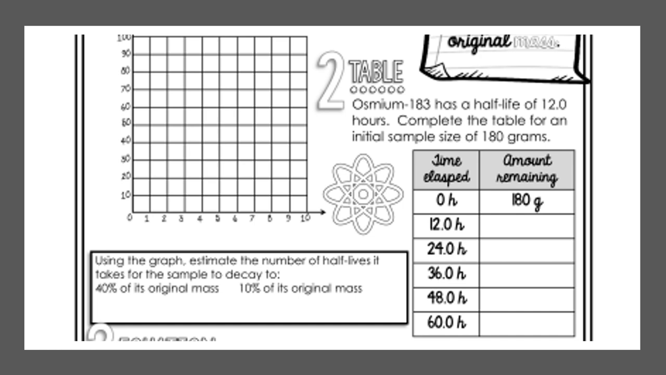Now we could also use a table. So osmium 183 has a half-life of 12 hours. So every 12 hours, it should be half. So if we start off with 180 grams, in 12 hours, we should have 90 grams. In 24 hours, 45 grams. In 36 hours, 22.5 grams. In 48 hours, 11.25 grams. And in 60 hours,